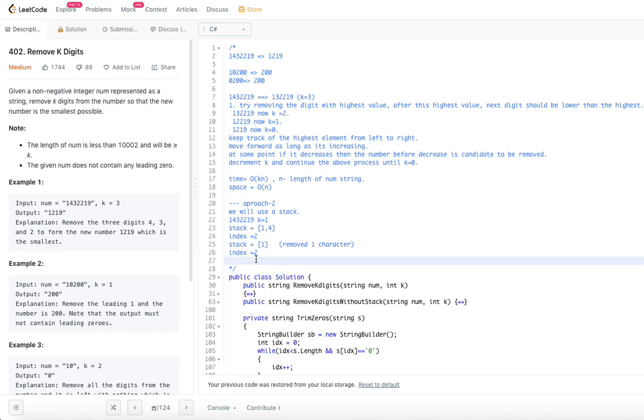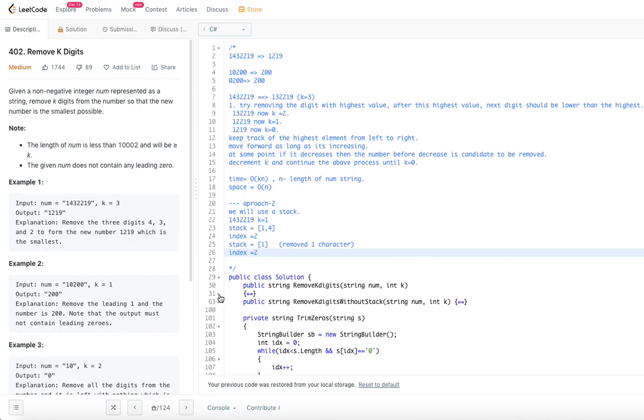It will be a stack operation. Instead of going back and forth with the given string, we will be employing the stack and removing from the stack. Whatever value we have popped from the stack, we are not going to add it to our final string. So this is the approach that we are going to see.